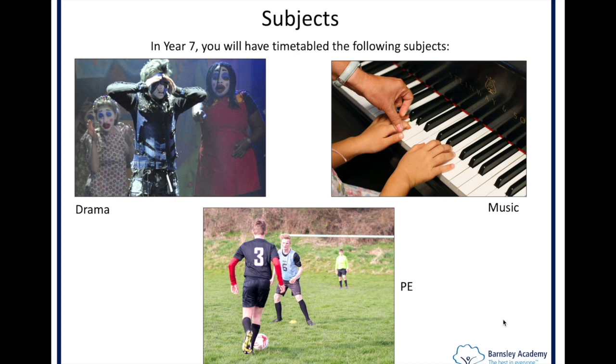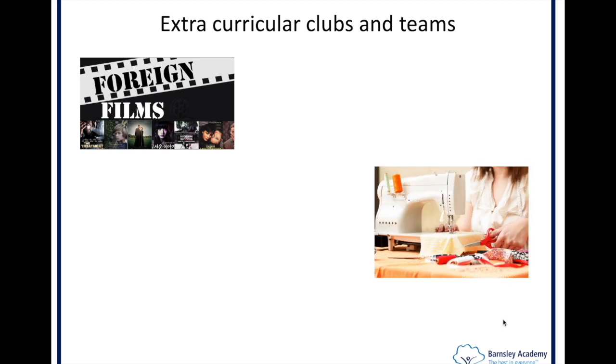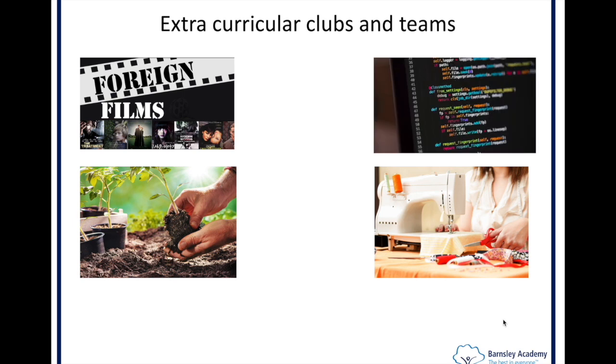This brings me on to the other exciting things that we have to offer as an academy. After school, we have so many different clubs and activities for you to try. These usually run from 2:40 p.m. to 3:30 p.m. There's something different on offer every day, such as Foreign Film Club, Textiles and Sewing, Gardening, Coding,